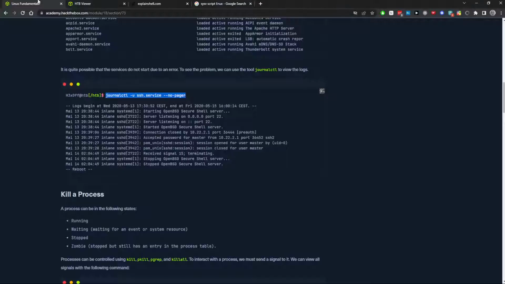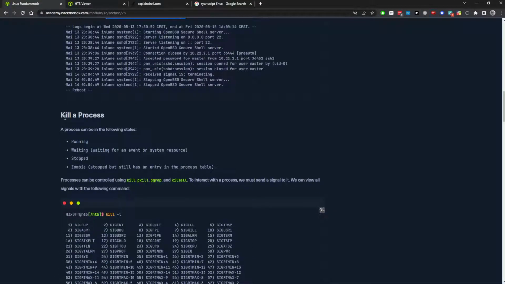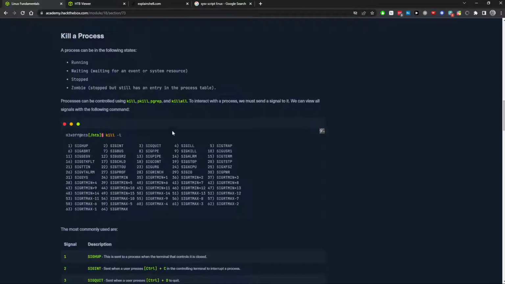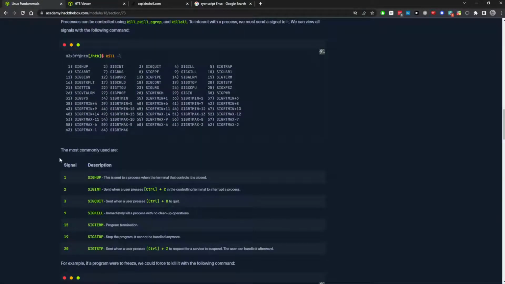Anyway, okay. Kill process. A process can be in the following states: running, waiting, stopped, or zombie. Processes can be controlled using kill, pgrep, and killall. To interact with a process, we must send a signal to it, so we can view all signals with the following command: kill -l. Okay, so these are signals you can send to it. Most commonly used are